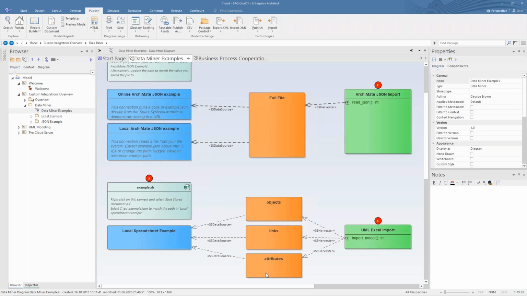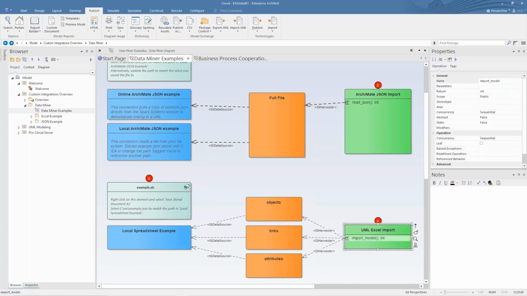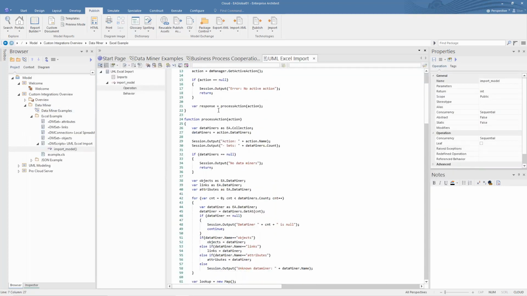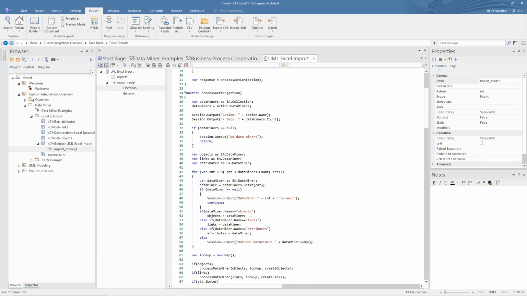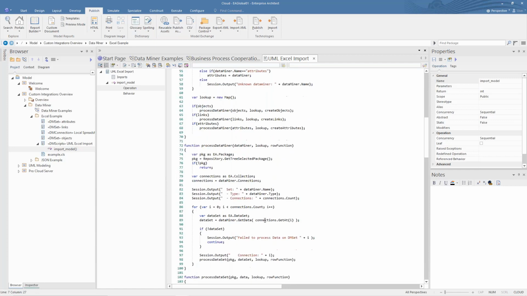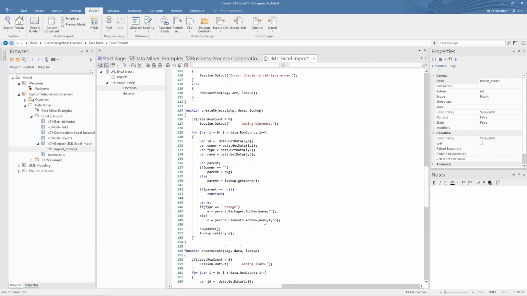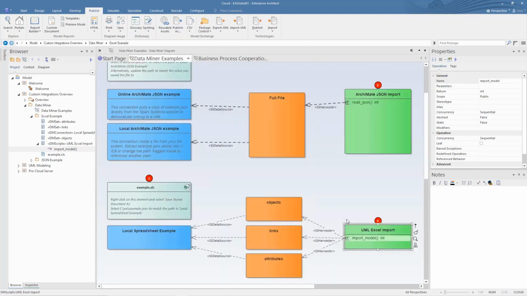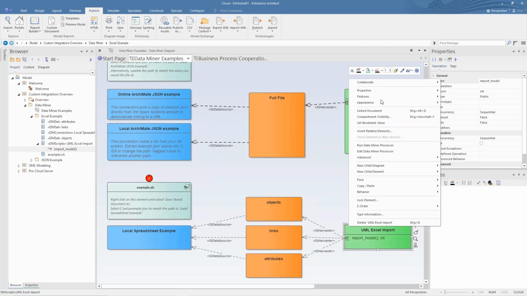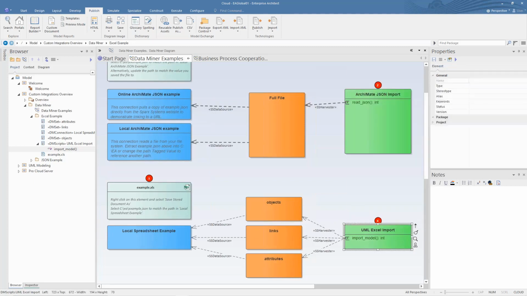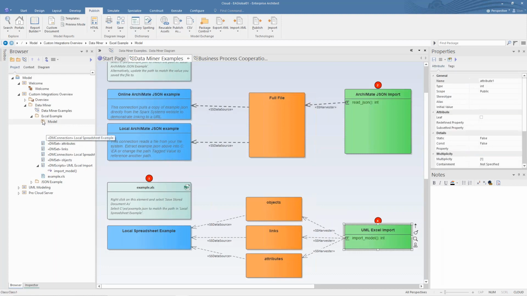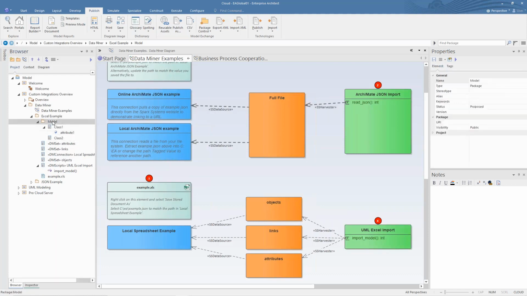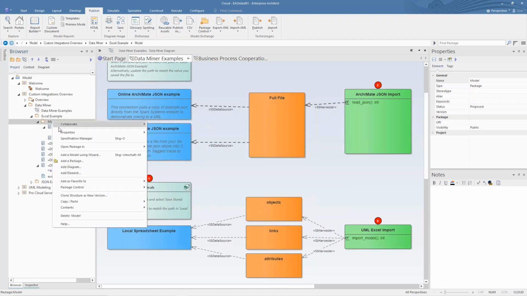You see, you have 3 different harvesters for the different tabs. And then, of course, there is again the script where we can look into it, what is done. We have this process action implemented, and for different data miner, we have different elements we want to generate. And at the end, there is a mapping to the type and the connections, and you can create and retrieve the data that is in this Excel in a very generic way. And what has to be done here, it also has to run the data miner processor, and it creates the model. And the model is in this sample, there is no diagram, but if we want to see a diagram,